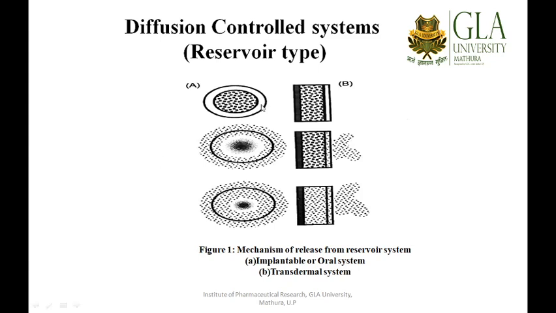But the basic difference from the oral is that in the case of oral, the drug is being released throughout the system, whereas in the case of transdermal, you can see no backward movement or diffusion of the drug is there, only the forward movement is there, that is in contact with the stratum corneum, because transdermal systems are basically applied over the skin. So we will only be considering the forward movement of the drug.